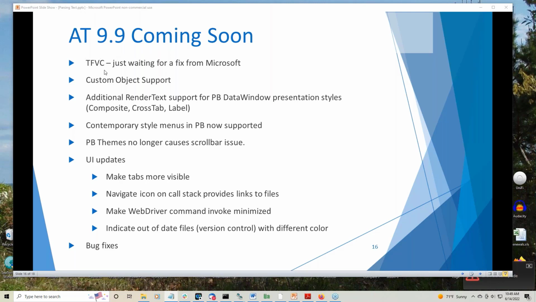We're working on the version control right now. We're waiting for a fix from Microsoft, so this might not actually make 9.9. It might have to sit there waiting for a fix from Microsoft. We've been pressuring them. Hopefully they'll fix the ability to create a lock from the REST API, which they published